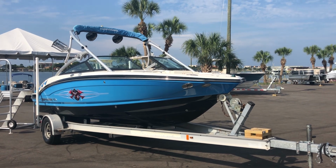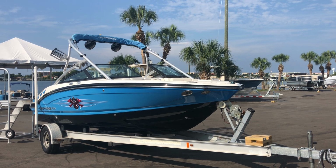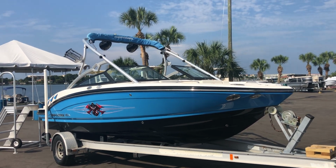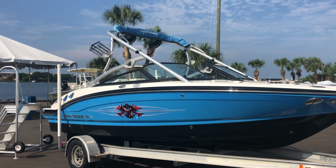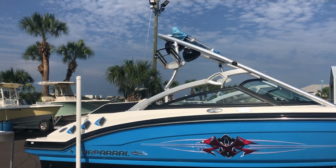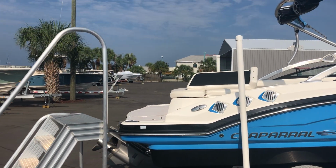Hello, this is Leo Page at MarineMax in downtown Fort Walton Beach, Florida, and today I'm going to show you aboard our newest trade, a 2010 Chaparral 204 Extreme. Just recently professionally detailed with buffing done on the exterior and interior of the boat, wakeboard tower with tower speakers and bimini top, large rear swim platform, Volvo duo prop drive,